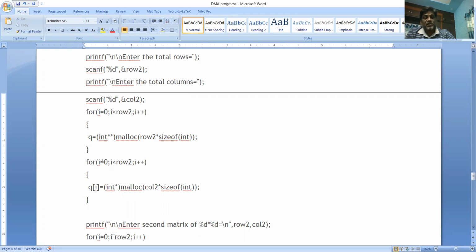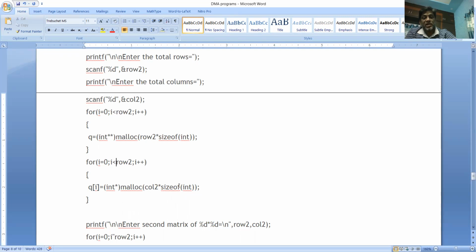Then this is again going to create memory locations for each row. So Q of i represents one row at a time, and it is creating int star malloc of specified number of columns into size of int. So this will create